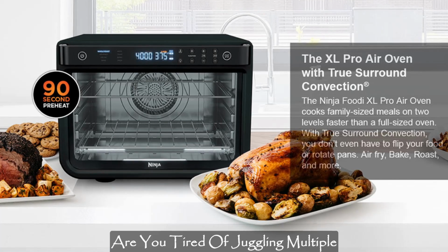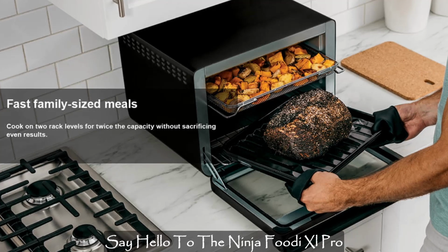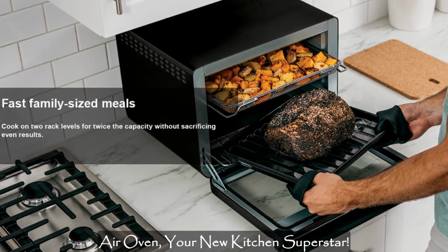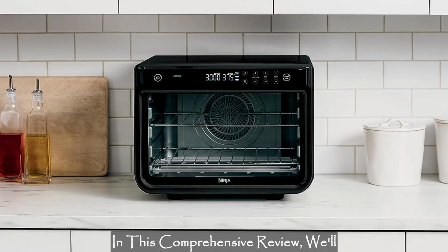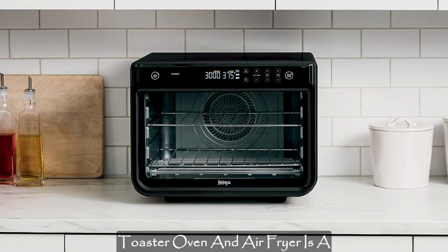Are you tired of juggling multiple kitchen appliances to prepare delicious meals for your family? Say hello to the Ninja Foodi XL Pro Air Oven, your new kitchen superstar. In this comprehensive review, we'll delve deep into why this extra-large toaster oven and air fryer is a game-changer in